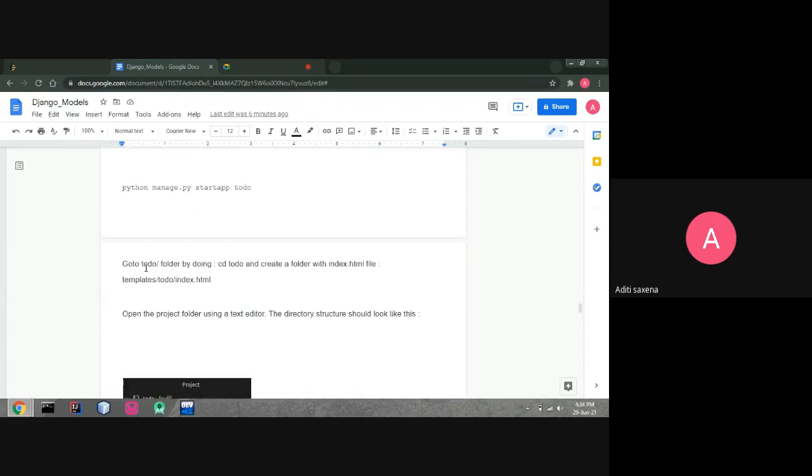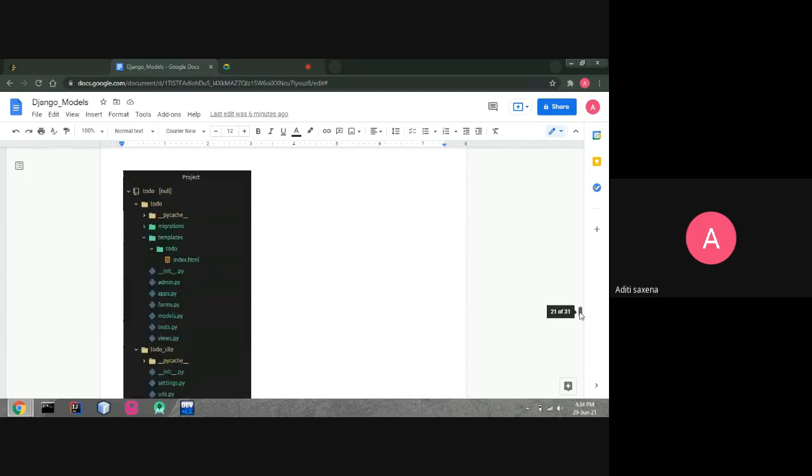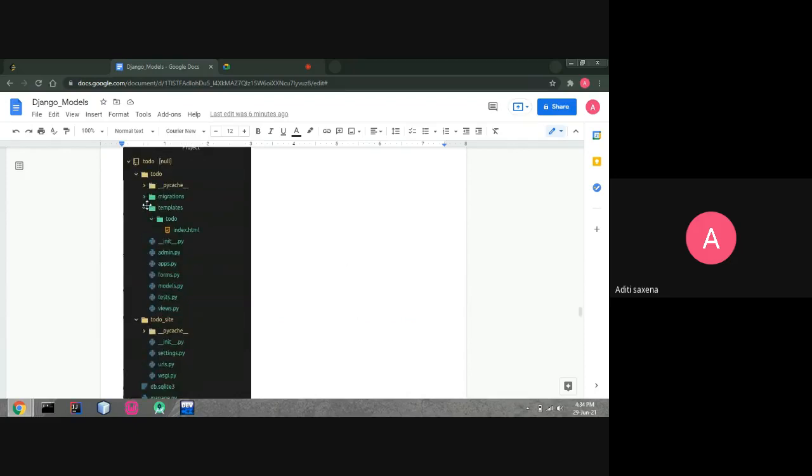So go into the todo folder by doing cd todo. If you see the structure, inside todosite these are some files that we have, and these are the other files we have.